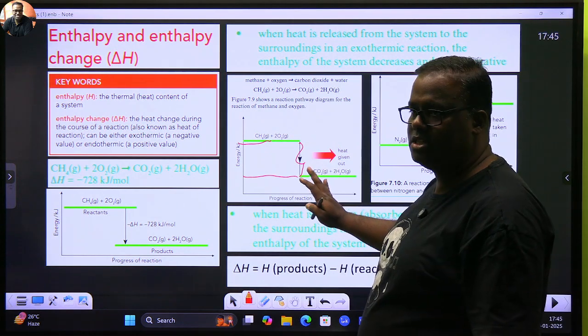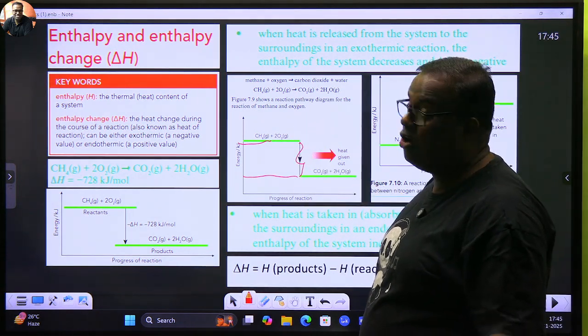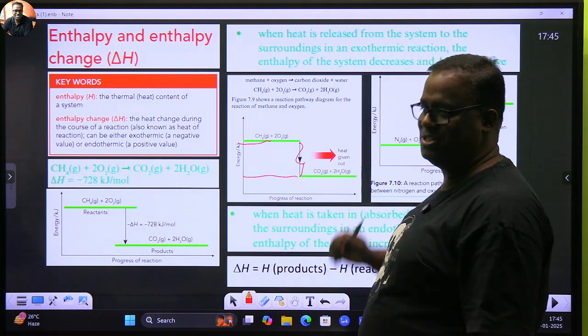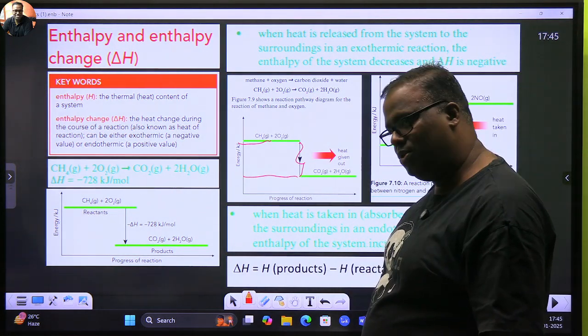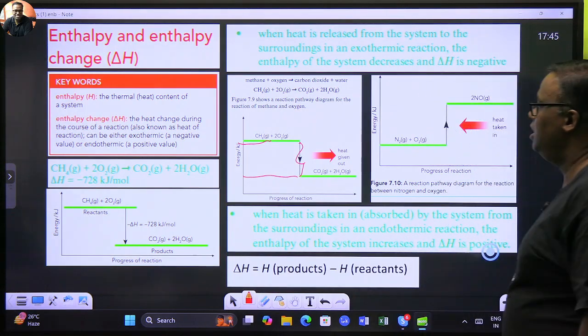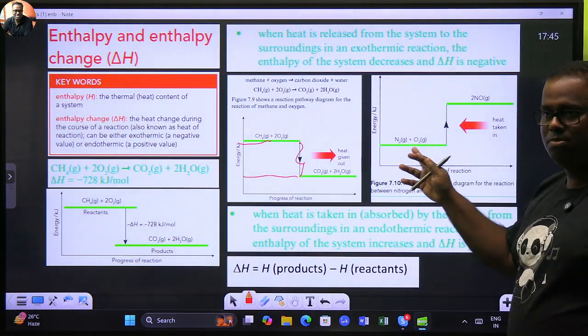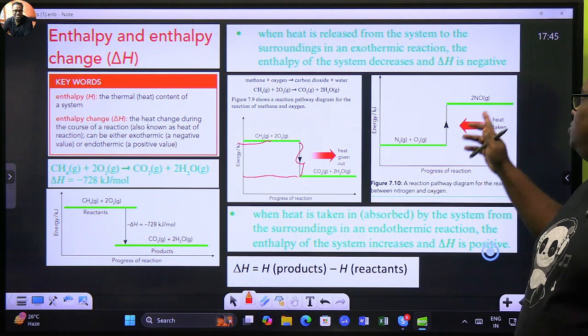ये reaction के साथ इतना heat associated है. और ये heat कैसा है? Comes out of the system. And this heat is taken as negative in our protocol. Have you understood? Similarly, if you see an endothermic reaction, the same N2 plus O2, as we said, nitrogen monoxide